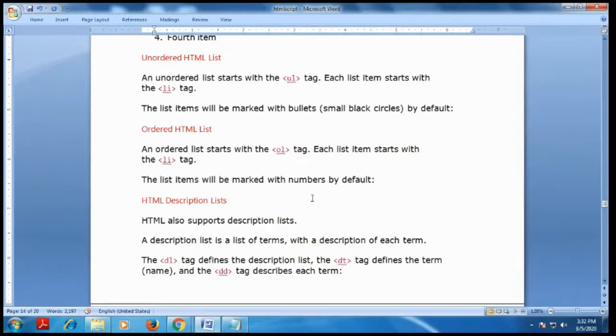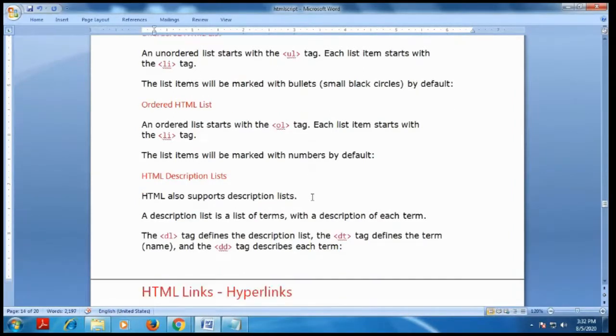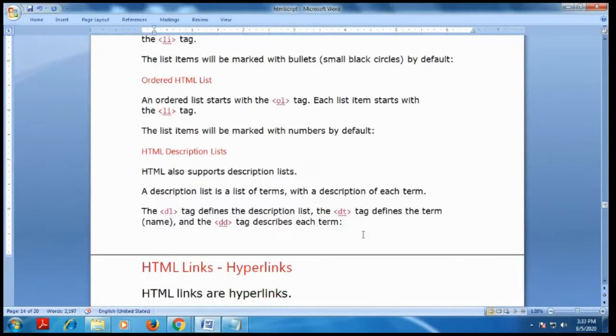You describe a list of terms with a description of each term. What tags are used in a description list? First we start with the DL tag, which defines the description list. Second, the DT tag defines the term name, and the DD tag describes each term.